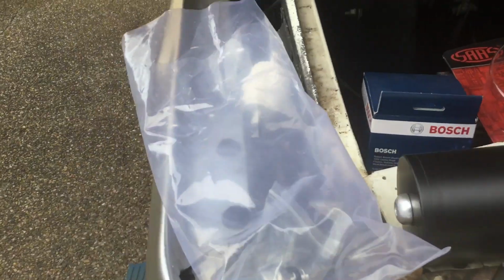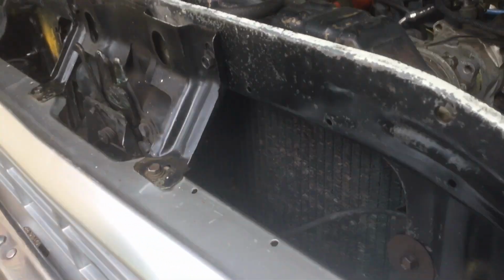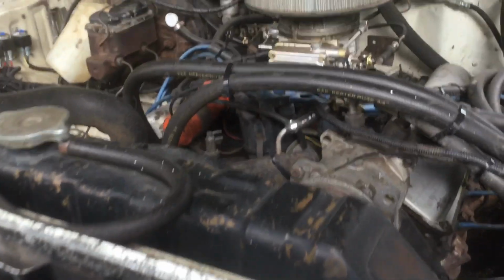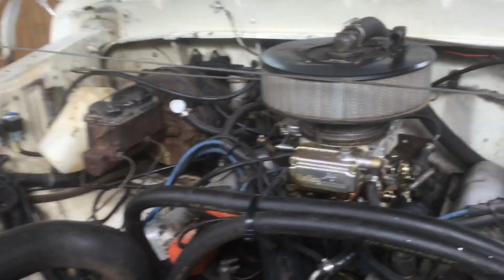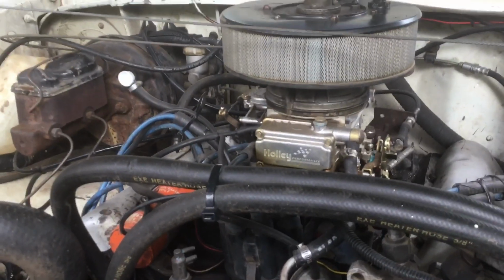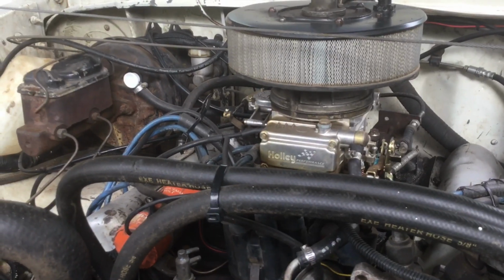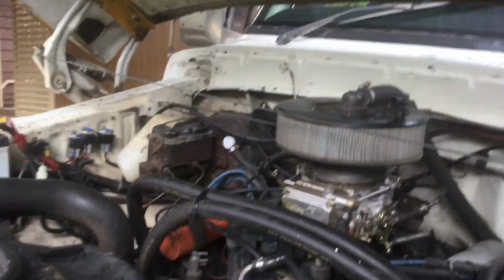And new distributor cap, made in Australia, believe it or not. Fuel filter. Plug leads are ordered and rotor are ordered. I've got fuel line there, new fuel line to go on it. The most important thing is that's a fairly new 600 CFM vacuum secondary Holley there, and she's going out to